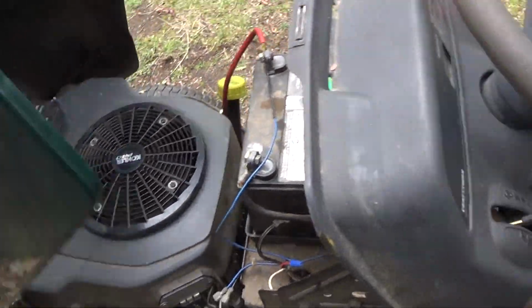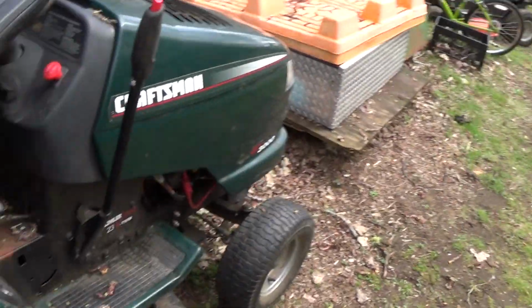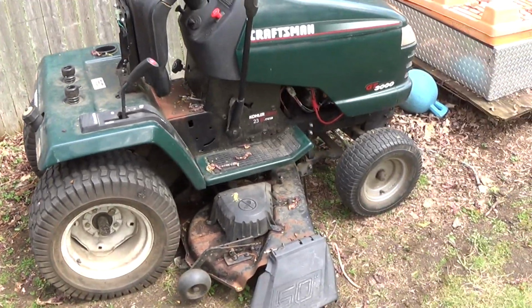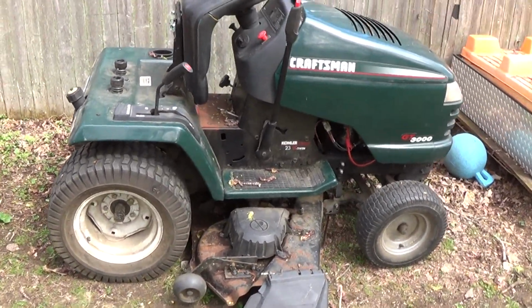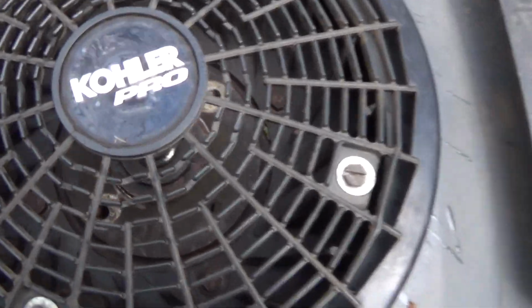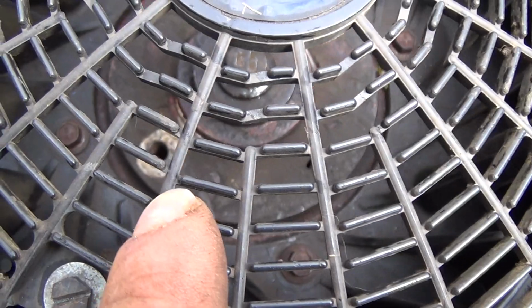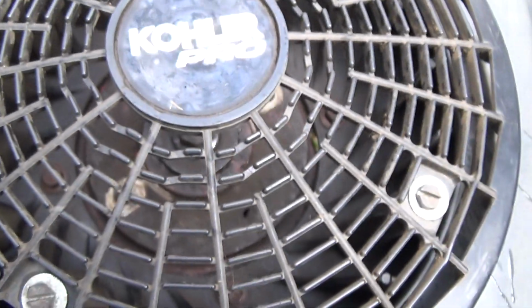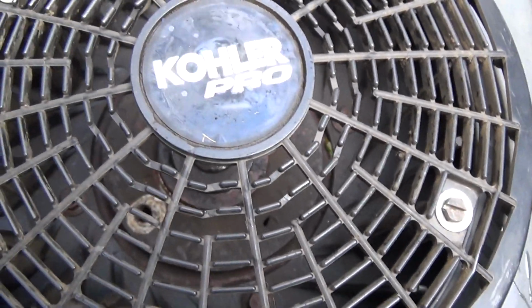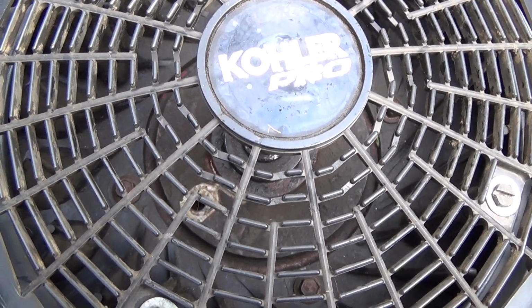So, I indeed finished everything on this GT3000, and you can see I didn't even buy that, that's how the parts interchange. This is actually, see those, how that used to have, you can see the holes, I point right down there. They had a different flywheel cover for this, because this flywheel was for a Cub Cadet Kohler engine, and